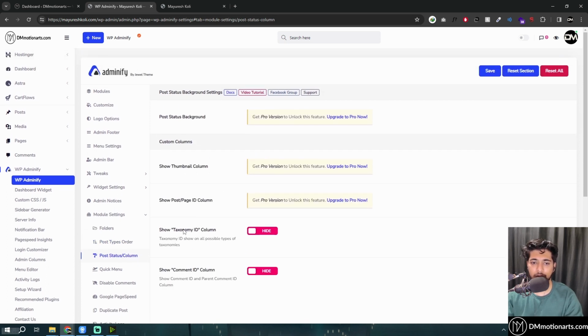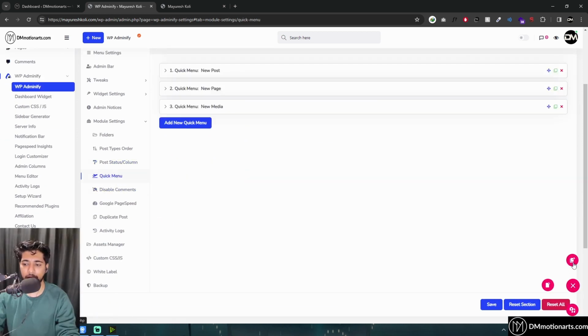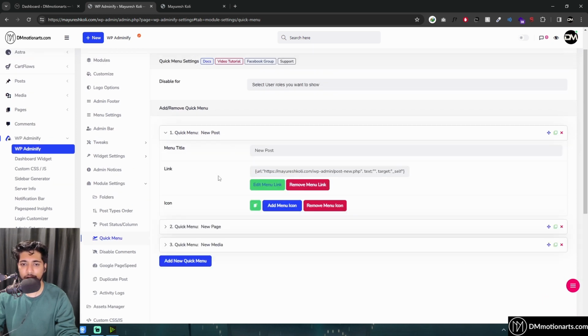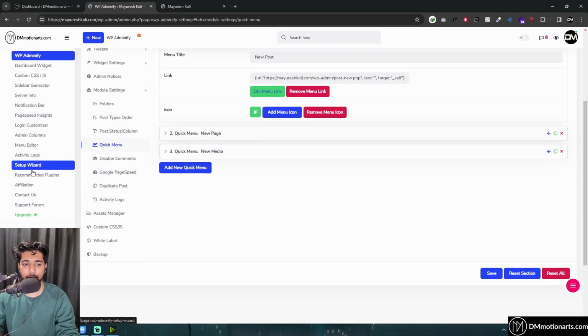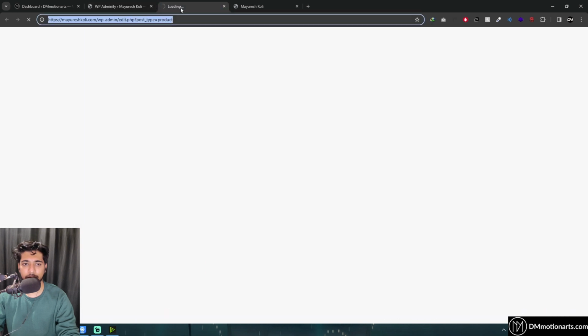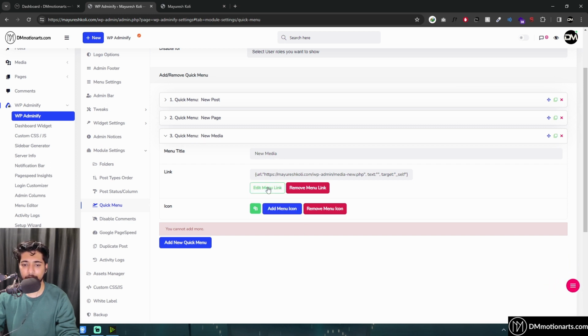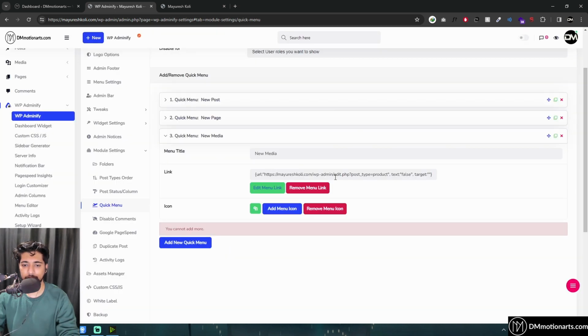Post status column, I don't know what it is, and it is in the pro version, so let's just skip it. Then we have quick menu, which is this bar. You can see we have 3 options around here, and we can change the URL to anything we want. If I want this to open my product section, I go into products and copy this URL. You can only add 3 elements like this. So in my third menu, let's click edit, paste and add link, it changes to that URL, and then we will call it something like add new or all